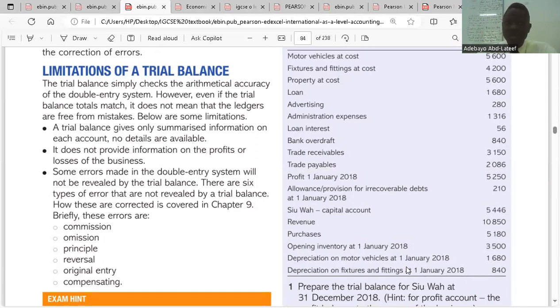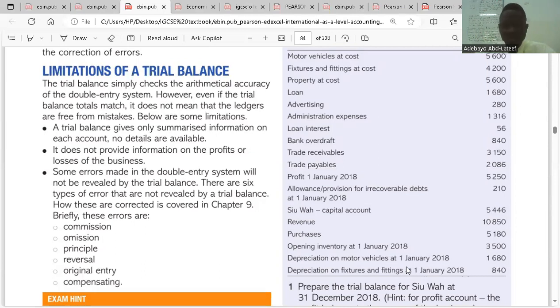However, if the trial balance totals match, it does not mean that the ledgers are free from mistakes. So your trial balance might balance, but it does not mean that the entries on your ledger are free from mistakes or errors, because there are some errors in the trial balance,